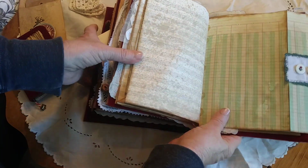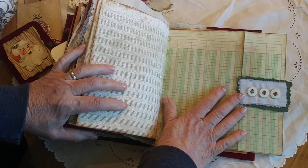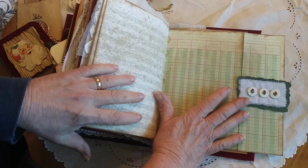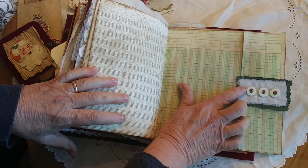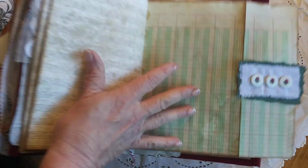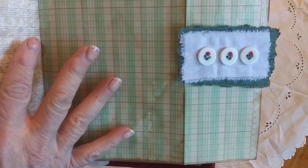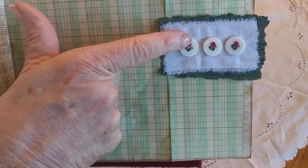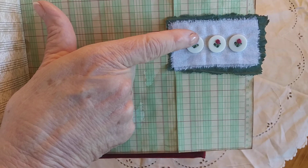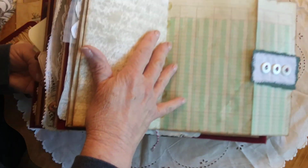And this is an example that I wanted to talk about, was how things come together. Like I say, I put this journal together last year, but I didn't, you know, sew it together or complete it. But I made this page. I had seen an example where somebody had taken 4 whole buttons, and they used green ribbon for the leaves or the stem. I'm going to see if I can get this up here so you can see it. And then you used a different color, not ribbon, but string for the flower, and you make a French knot. So I thought those looked like roses. And then here, you know, a year later, I'm using this